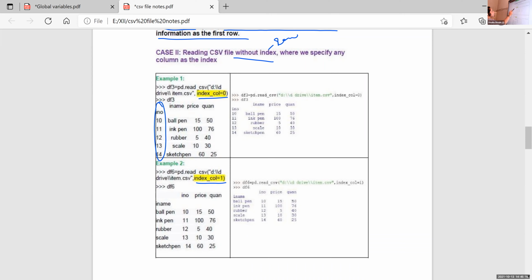If I give index_col equal to 0, it will remove the default row names and replace them with the first column value, that is the 0th column value. If I want to set the row names with the next column, give index_col equal to 1. Then it will replace the row names with this column, INAME, in the row name position.